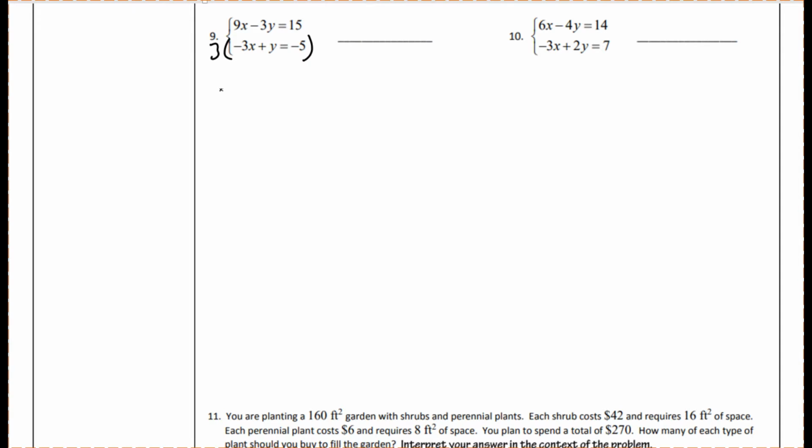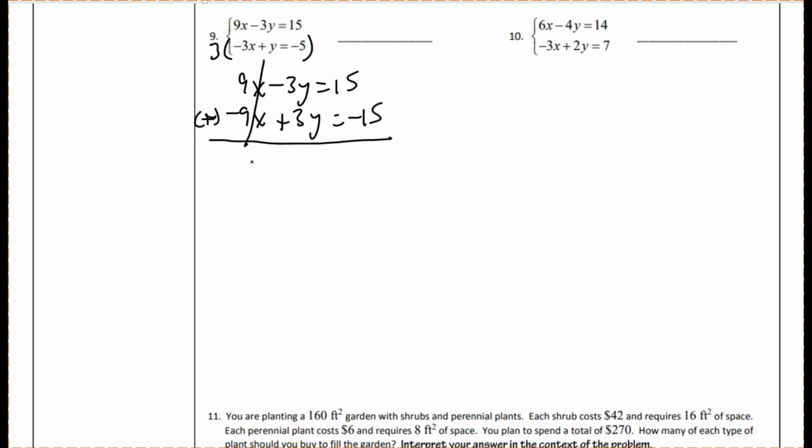So we don't have to multiply the top by anything. So we have 9x minus 3y equals 15 for the top equation. For the bottom equation, we have negative 9x plus 3y equal to negative 15. Now we're going to add these two equations, because if I add them, that gets rid of the x. So now we have